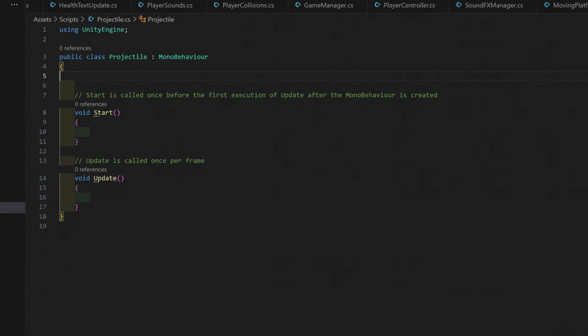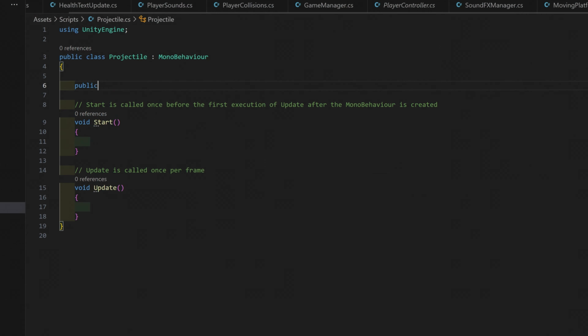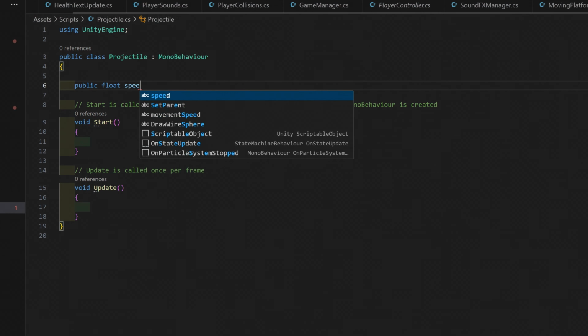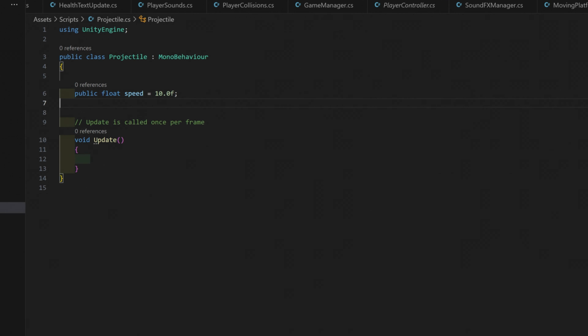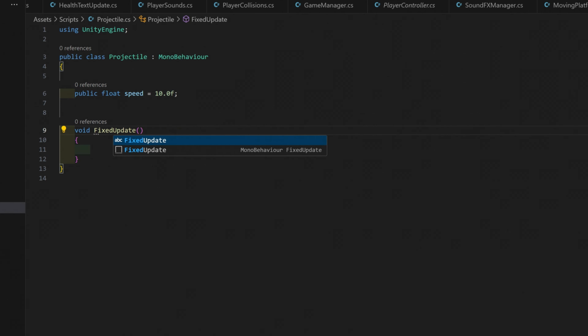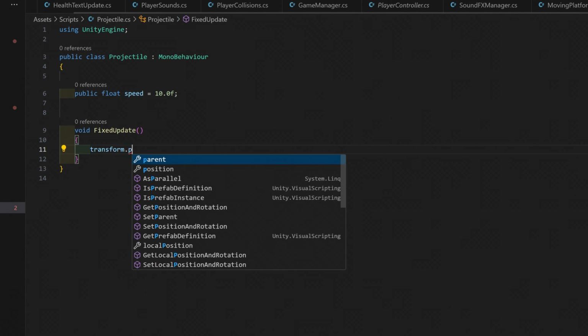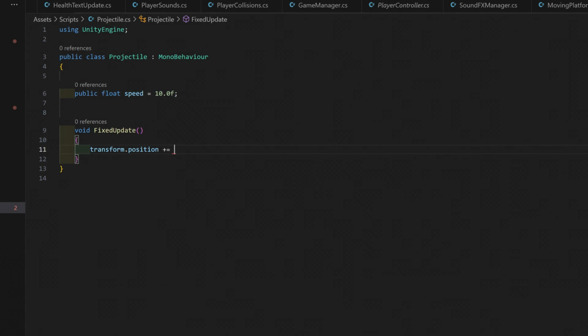First thing we need to do is create a public float speed, so how fast we want it to move. And I don't need start, I'll get rid of that. But I do need update. This actually should be fixed update as well, so we'll do fixed update. And then for this one, we'll just do transform.position plus equals transform.right times